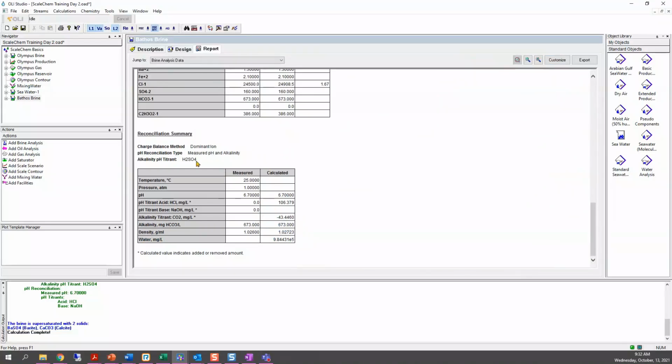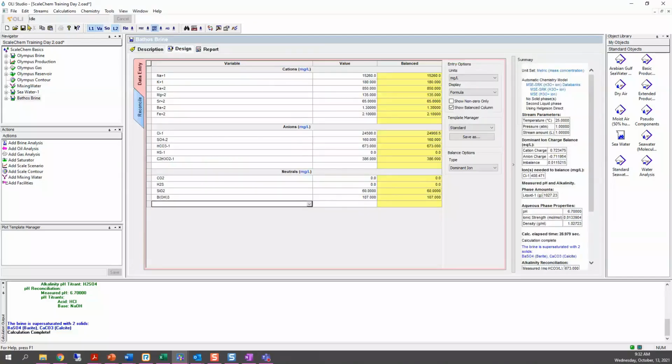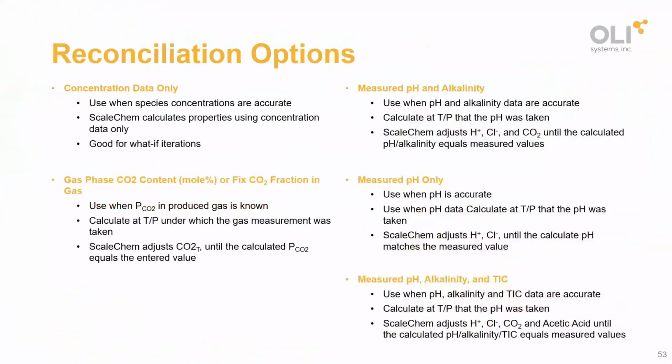And in here you can also see that the software is saying that the alkalinity pH titrant was H2 sulfuric acid. So you can get more detailed information here. Okay, so that is the brine analysis. Now we are going to move to the next analysis that is going to be so simple.